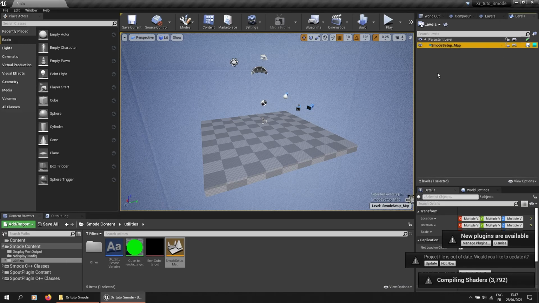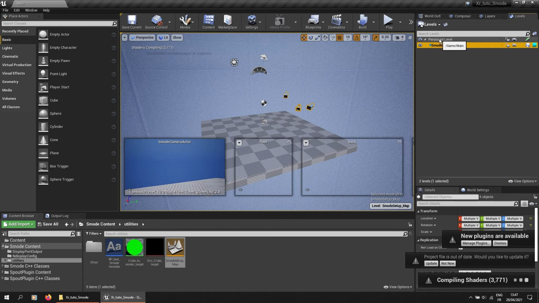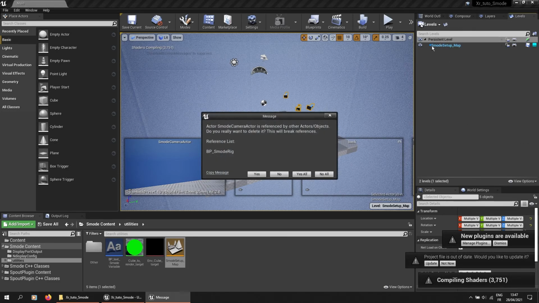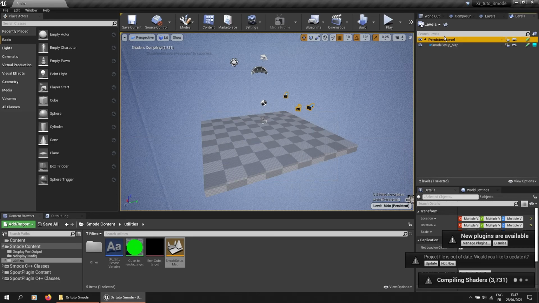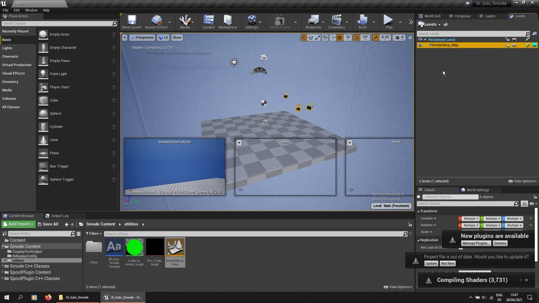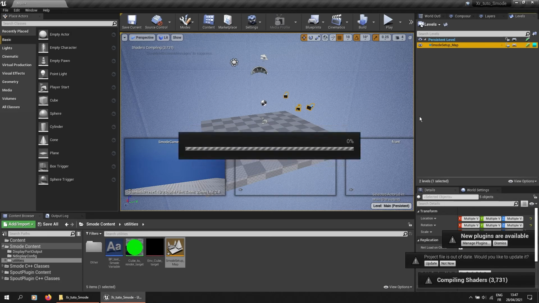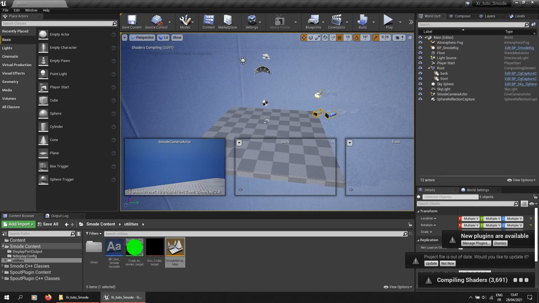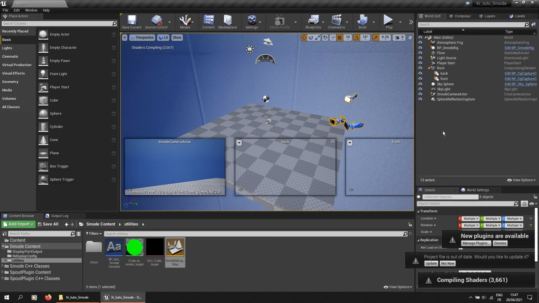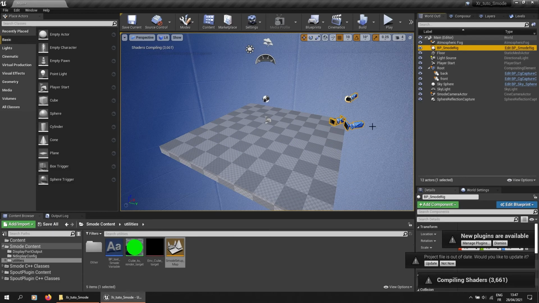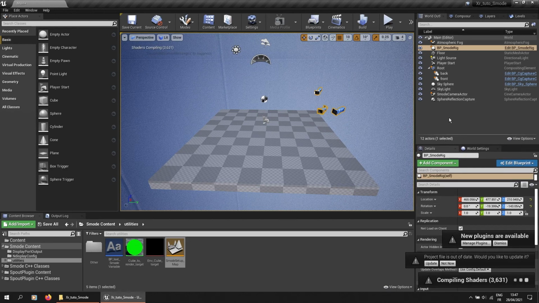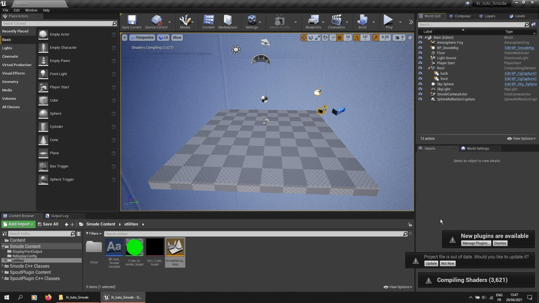I will select the actors and move them to the persistent level. Press yes, and I can delete the sub-level. Now I have my camera and SMOD rig in my project, ready to be connected to SMOD.